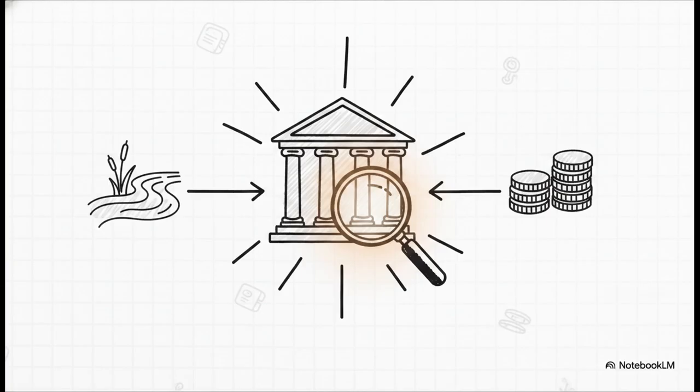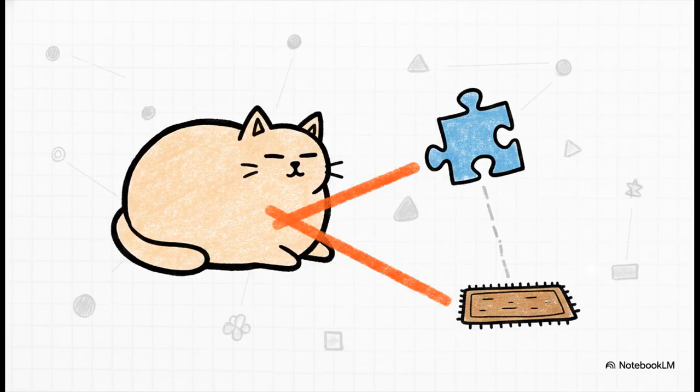But self-attention? It solves this instantly by allowing the AI to draw direct connections. If the word bank is sitting near the word river, the mechanism instantly highlights river as highly relevant. The model can see the relationship directly, no matter how many other words separate them. Let's look at a really simple example of this in action.